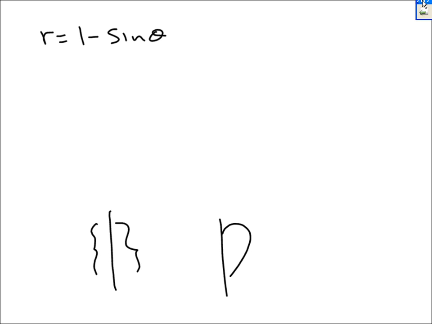Suppose we want to find the area of the interior of r equals 1 minus sine theta. What you need to know about sine theta is that you have symmetry from left to right. If you have this to the left, then you're going to have the same thing to the right. If the left goes like that, if the right goes like that, excuse me, the left goes like that. If the left goes like this,